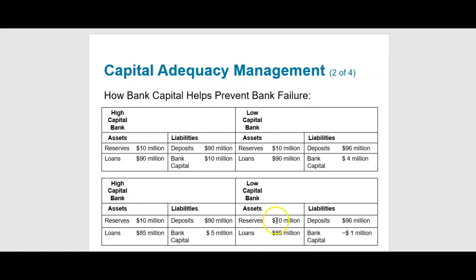of loans, not of capital, sorry. The capital, you cannot default on it. So we started with a bank that has 96 million of deposits, 4 million as the capital. I have the reserve. I have the loans. I have a default on loans. That default on loans, where is it going to be coming from? Now the capital becomes a negative 1 million. You have nothing in there. Everything is gone, and it's going to be depleted from somewhere else. While if I'm working with these people, if I have a problem, I'm still positive on the capital. So which one of these two is a more secure bank?